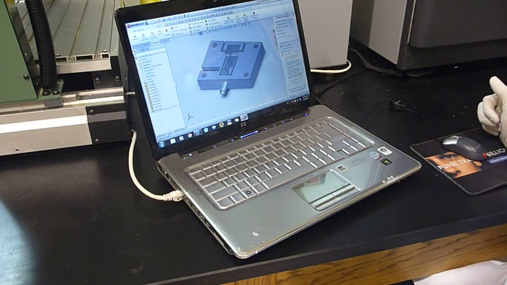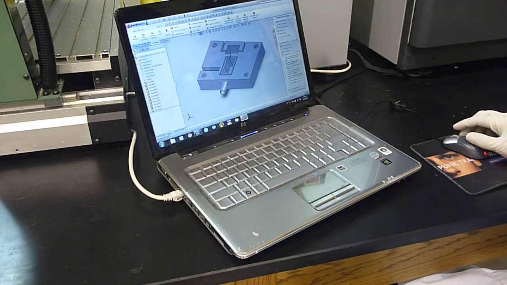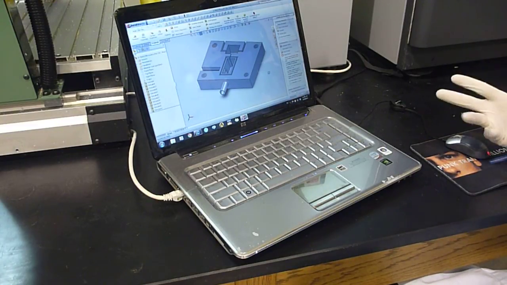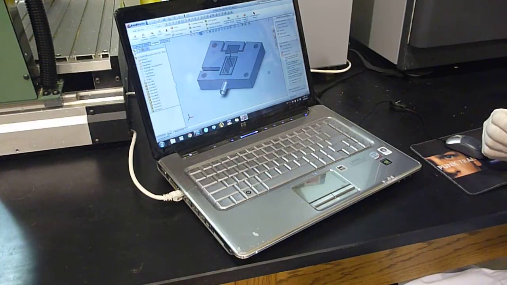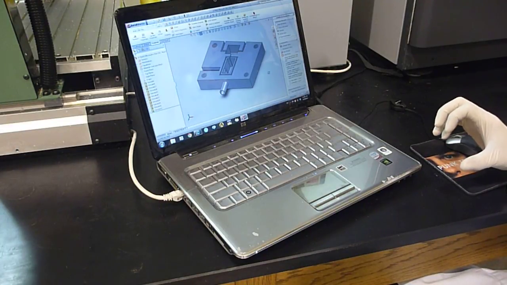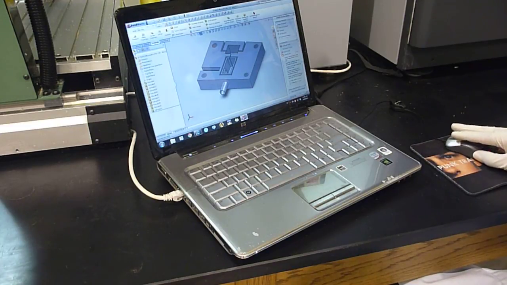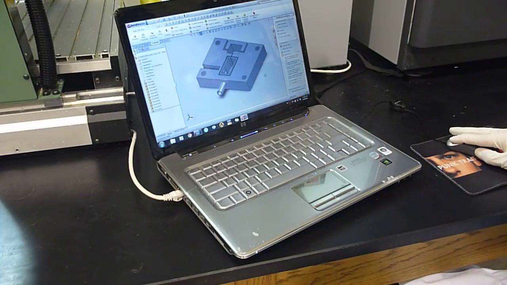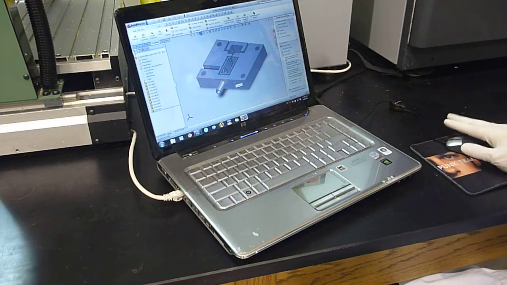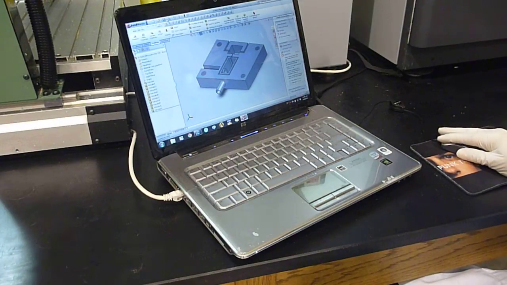Well, the first step in using the 3D printer is to design the part that you have in mind in a 3D CAD software. Here I have used SolidWorks, and as you can see, this is the part that I want to print today. After designing the part, you have to save the file in a specific format, which is